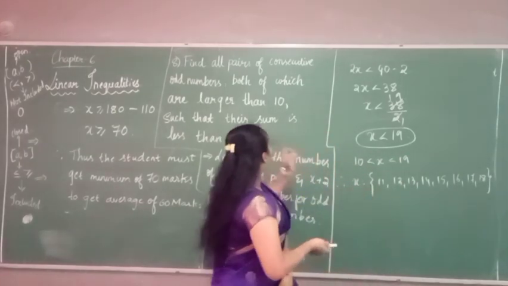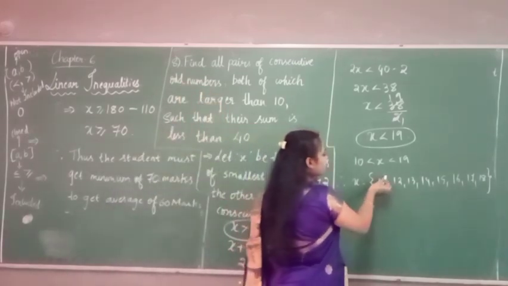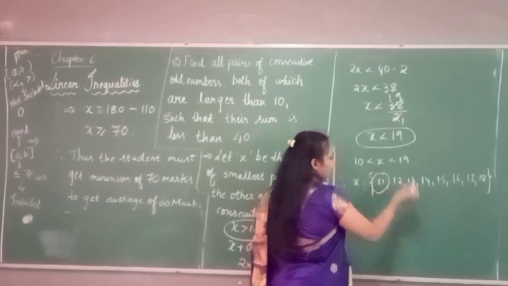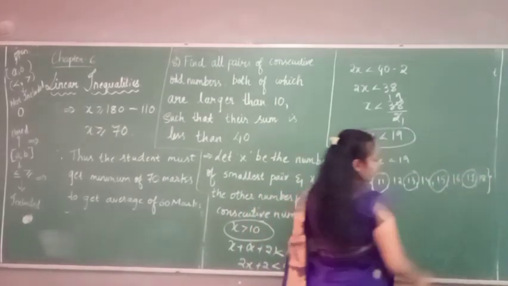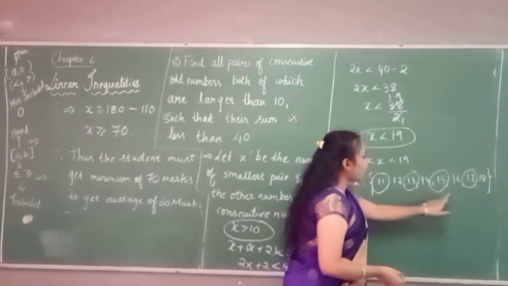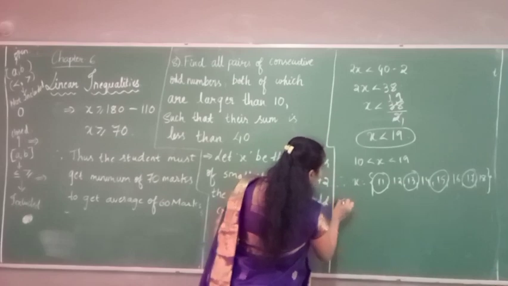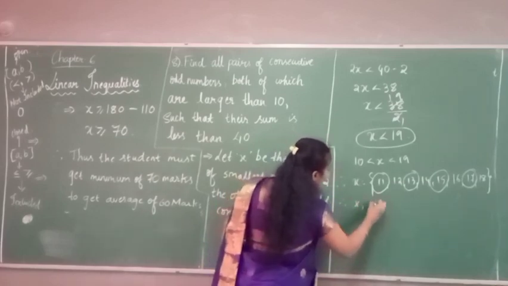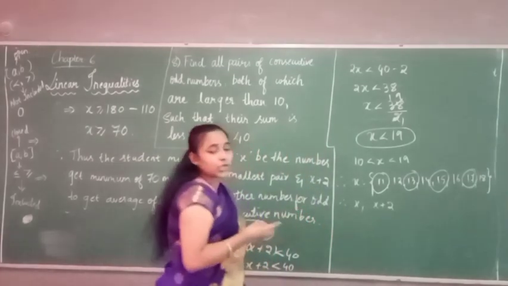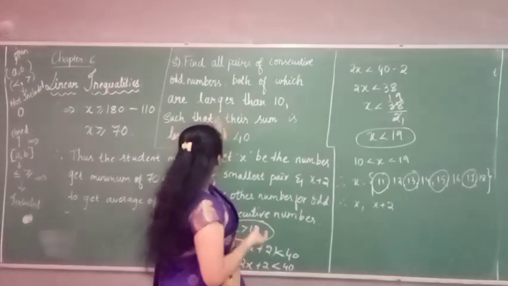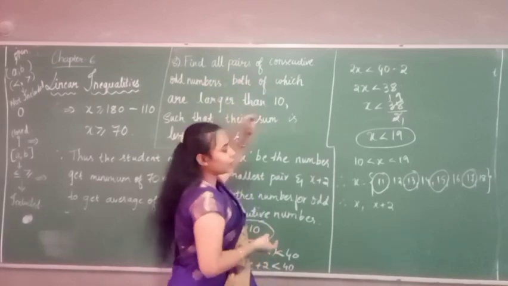So here, just check with the question. Here it is given as odd numbers. So which odd numbers will we consider in the solution set? 11, 13, 15 and 17. We will not be considering the other terms because here it is only asked for odd numbers. So just substitute in the place of x and x plus 2, because we need to know which are those pairs, as already asked in the question, pairs of consecutive odd numbers. So we need to know the pairs.